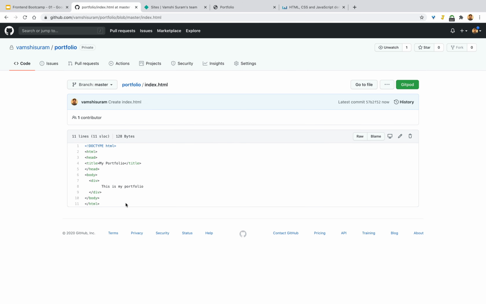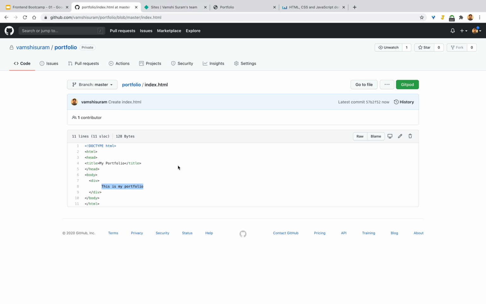Basically what we did here is we just have a simple index.html file. We'll get to know about this in the next session. All we have is a page which shows this is my portfolio. That is all we need to do for now.